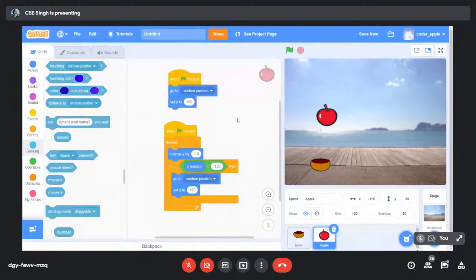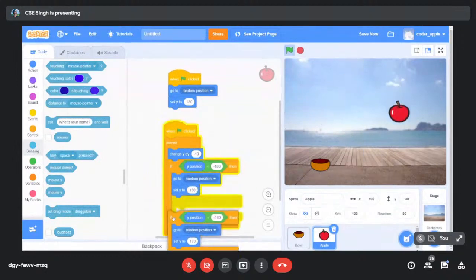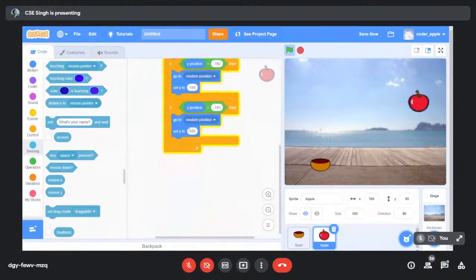So what we do, just simply double click, and duplicate this block, one block, and if it touches this time,